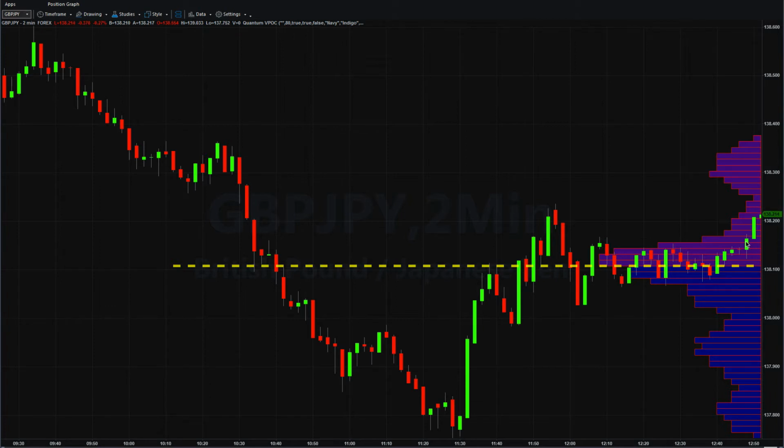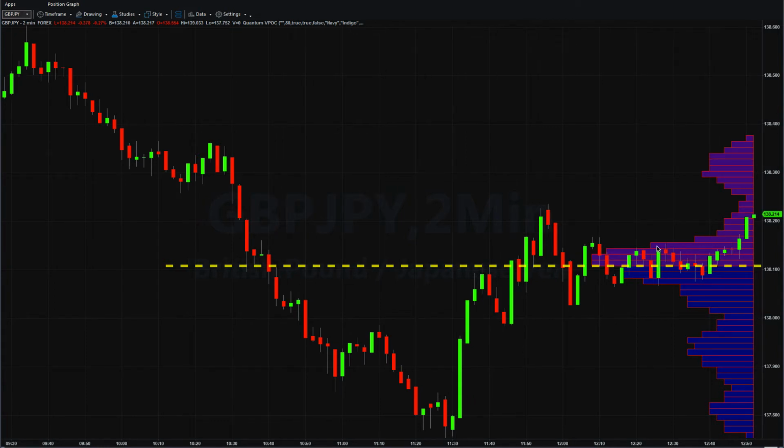So from a support perspective, we have a potential platform of support building. But more importantly, as we begin to move away, we're coming up to a low volume region here, in other words, a low volume node. So all things being equal, if the market does break away from this region, then when it gets to this level, this should require very little in the way of effort to drive through that low volume area, which as